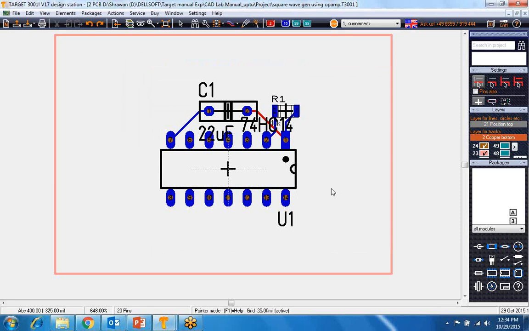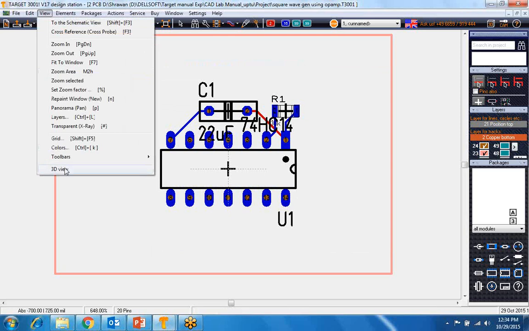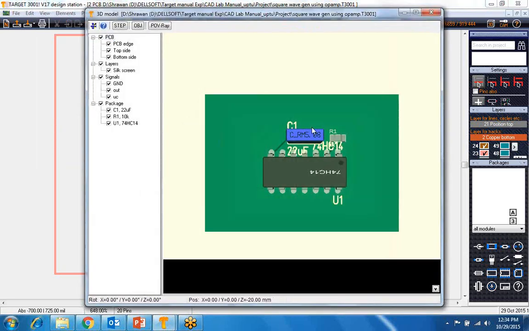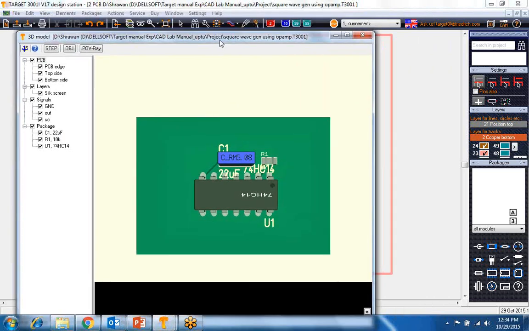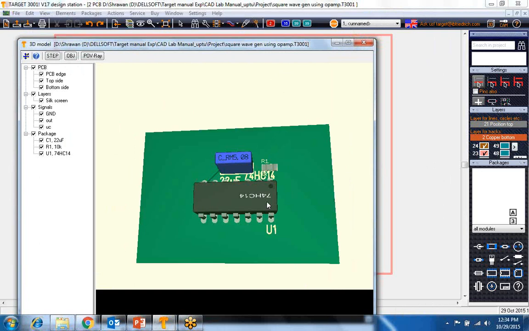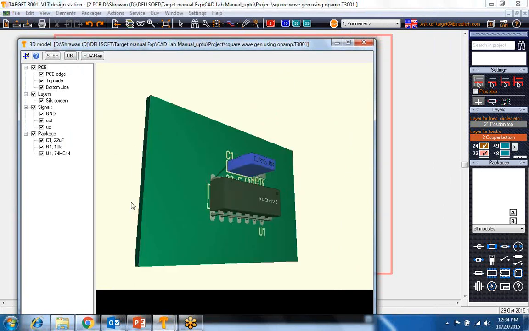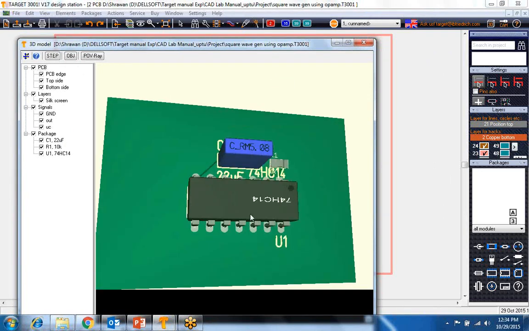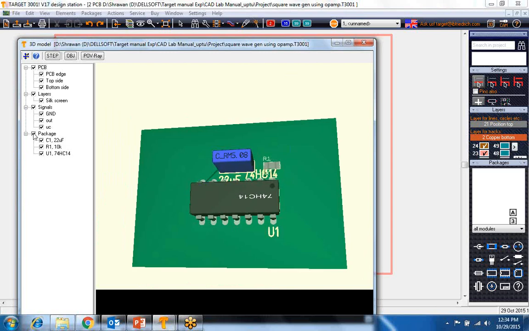Auto routing is now completed. Now you can go to the view, 3D view. So this is now your circuit. You can choose one by one. This is a very small circuit. If you are using a very big circuit, you can choose your component and move it. Can you move it again in that 3D view? Yeah, 1 second, sir.